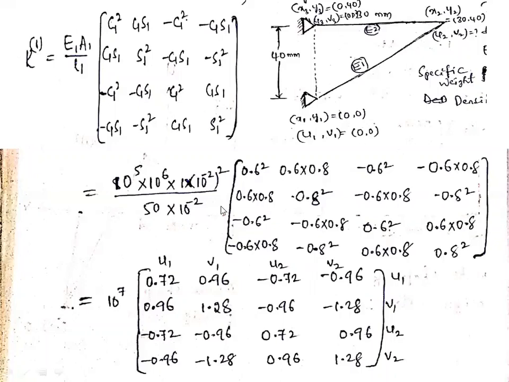So this is the element stiffness matrix for the first element, that is, nodal number 1 to 2. At nodal point 1, let us say it has 2 degrees of freedom: in the x direction it has a displacement as well as in the y direction. Let us say in the x direction it is u1 and in the y direction it is v1. Similarly, at nodal point 2, in the x direction let us say u2, and in the y direction v2. And similarly, at nodal point 3, let us assume the x directional displacement is u3 and the y directional displacement is v3.